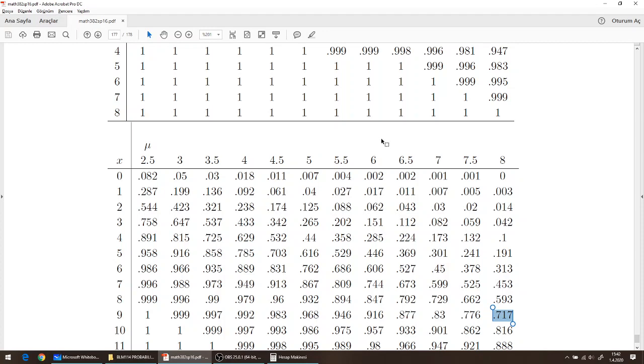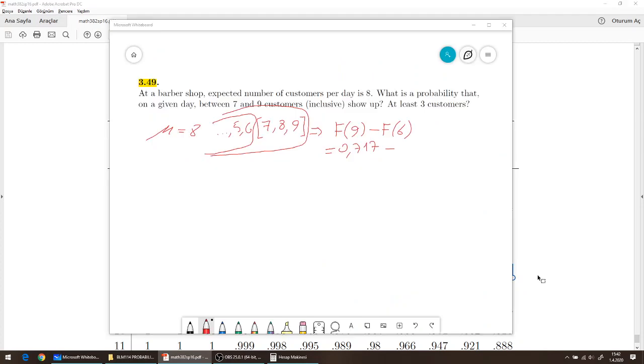Minus uppercase F6. As you see, the result is